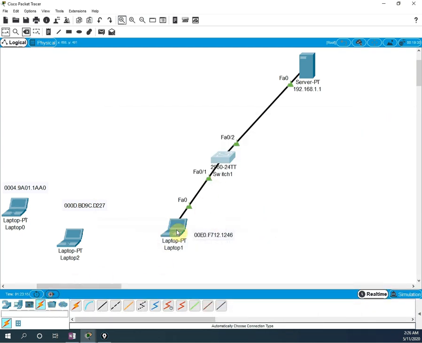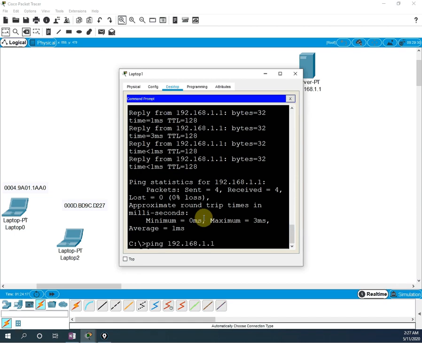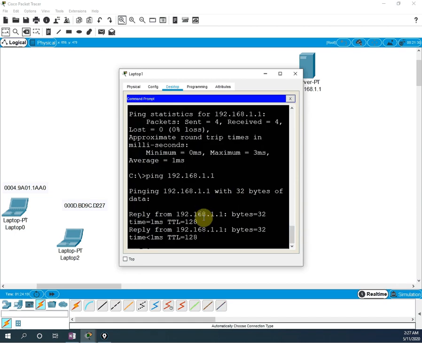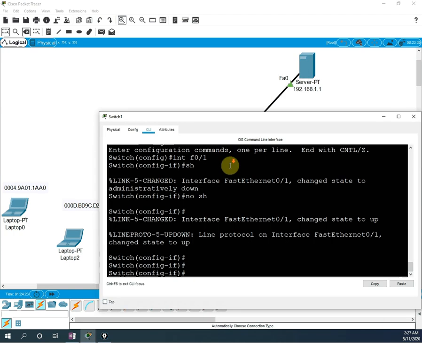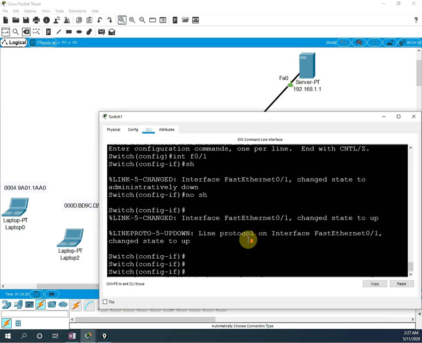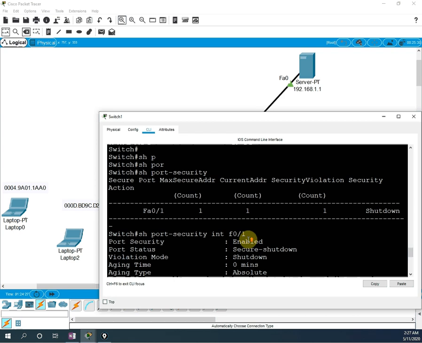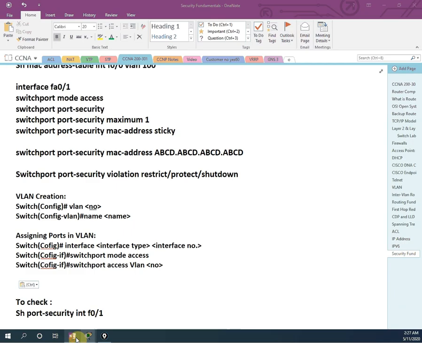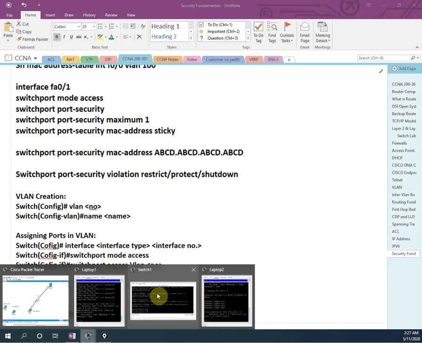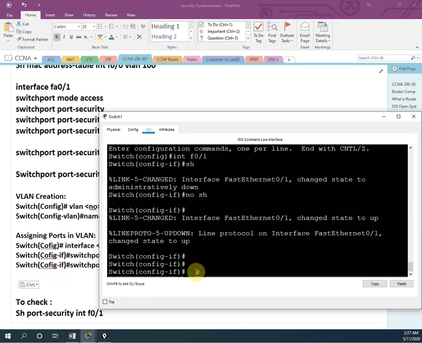Okay, I will press fast forward. Now this guy can access it. Okay, I hope you understand, right? And let me show you, if you want to learn how we can put other configuration, you can try, but if you want, let me put it also. What I will do is the protection, instead of sticky or this one. If you want, I will put the protection also. This is a one-line command. We are already in that interface.